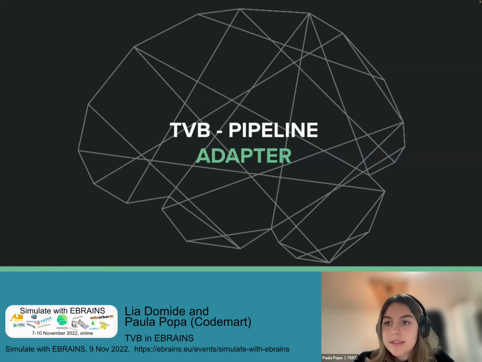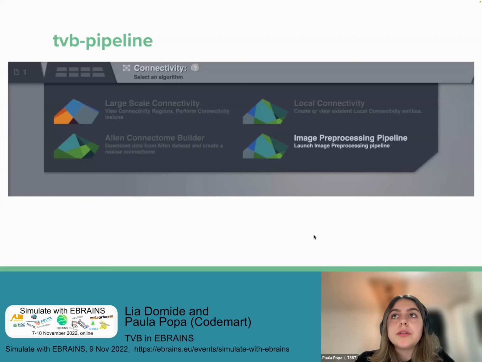And then the third installation that we have on the common landing page is the pipeline processing page. The pipeline processing page can be found as a sub-option in the connectivity category. And just quickly before going into the configuration part, for those not familiar with what a pre-processing pipeline is,